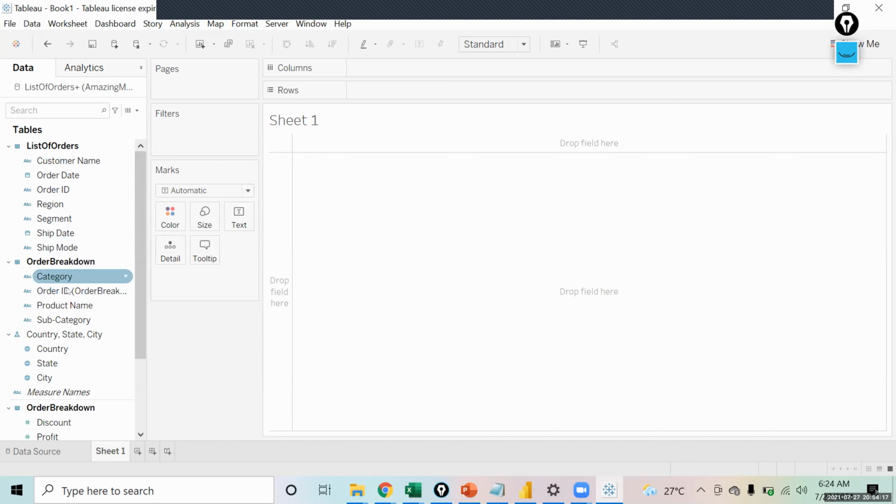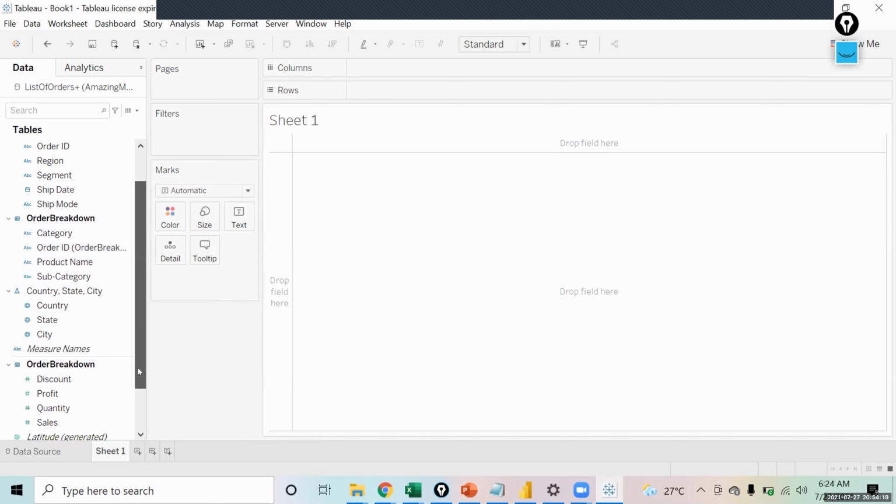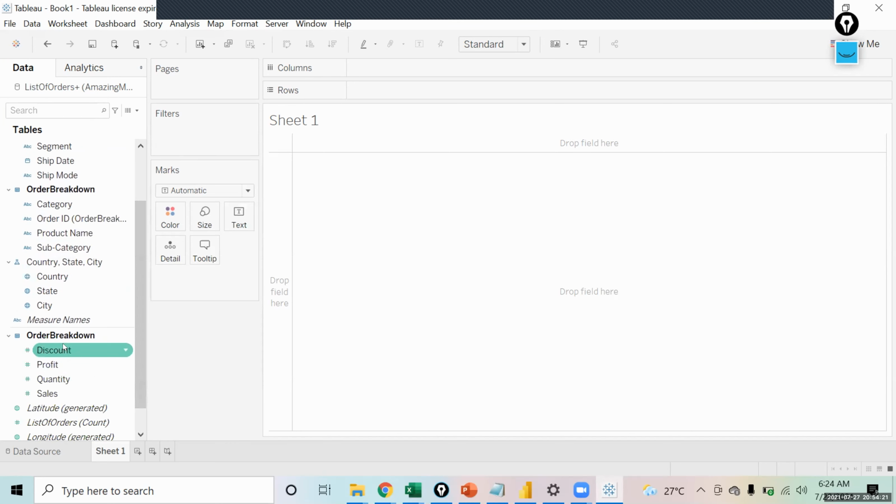These are dimensions coming from order breakdown. And below you have all the measures coming from order breakdown. Once the data is over here, you can use it any way you want. Suppose you want to create a chart or do any analysis, you can do it over here.